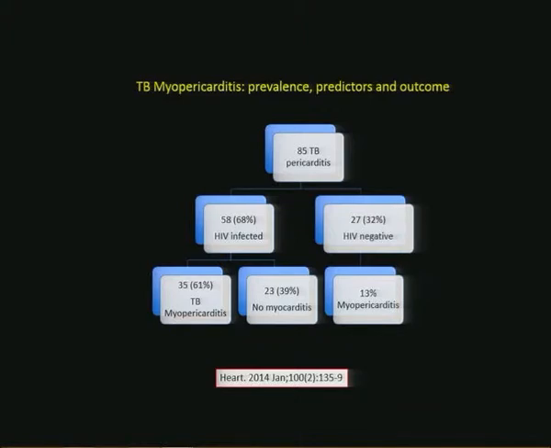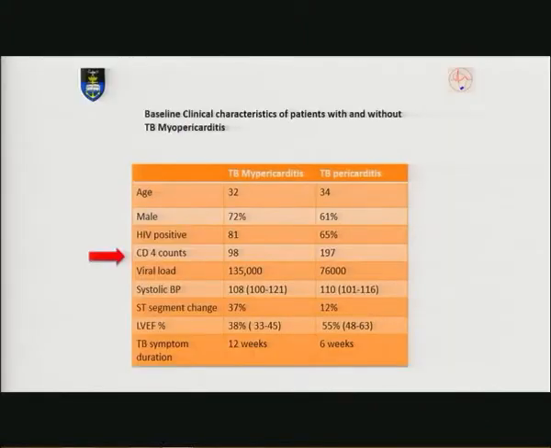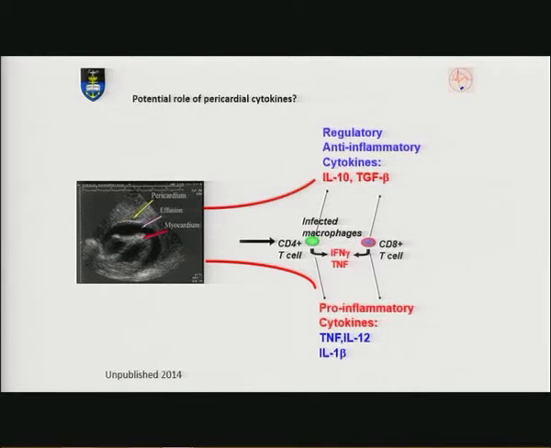Amongst those who are HIV negative, myocarditis happened much more infrequently. This again is the baseline variables, and the thing to highlight here is that amongst those who had myocardial dysfunction, again, the markers of immunity, including CD4 counts and HIV viral loads, were markedly different. The viral load was much higher and CD4 counts were much lower. Okay. And then the other important thing was the duration of TB symptoms amongst this cohort was much longer in those that had myocardial depression.